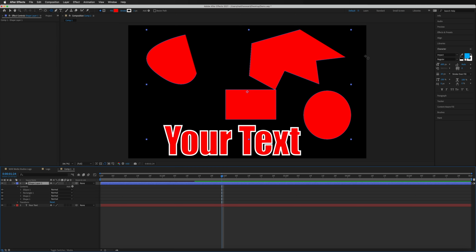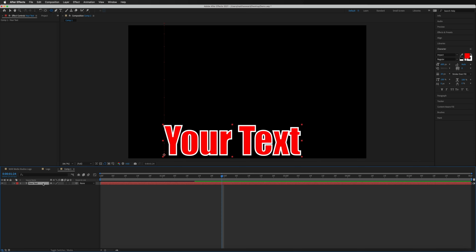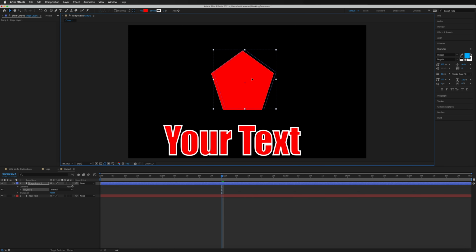But before doing that, I'm just going to go ahead and delete this shape layer and create a brand new one. So I'm going to hit delete on my keyboard. And what we need to remember is not to highlight the text layer, or we're going to have the same issue that we had with creating a mask. So with that deselected, we're just going to go back up to the top menu bar and select a different shape. And I think I'm going to go for a polygon. And I'm just going to hold down Shift just to draw this out. And go ahead and grab my selection tool on the top menu bar and just move that into position.